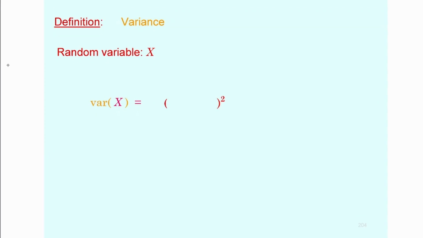Now the variance is itself an expectation. Keep in mind the variance is the expected squared deviation of the realizations of the random variable from its mean. So you look at the deviation of the realizations from the mean, so you need to calculate the mean first. Then you take the square of that, and the expected squared deviation of the random variable from its mean is equal to the variance of the random variable.